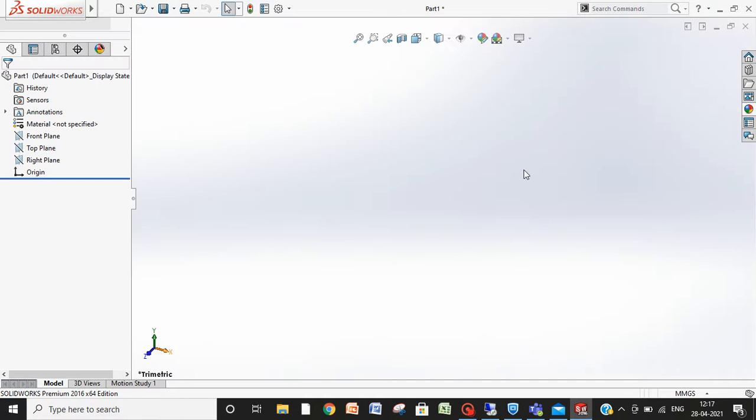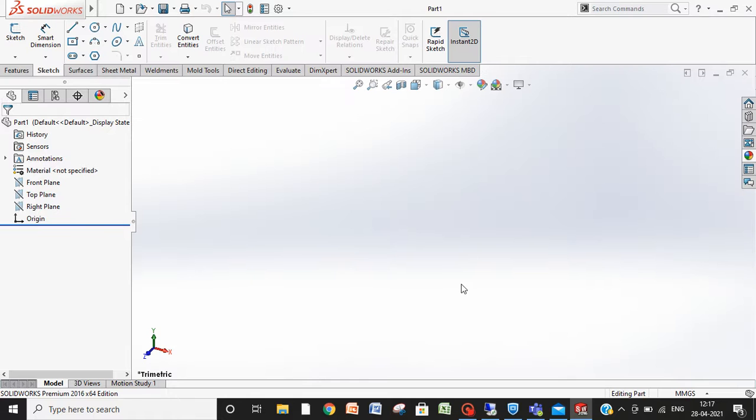This is our user interface of SolidWorks, where we can sketch in 2D as well as 3D. This opens by default with the sketcher. Here we have all the commands like line, rectangle, slot, polygon, arcs, 3-point arc and different types of arcs, and circle.